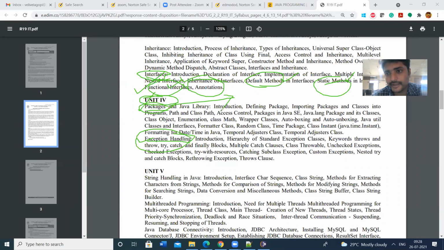There are two types of packages available in Java, that is predefined packages as well as user defined packages. Predefined packages means in the Java library, we have so many packages: util package, language package, time package, IO package, like that. Typically a package consists of a collection of classes and interfaces.